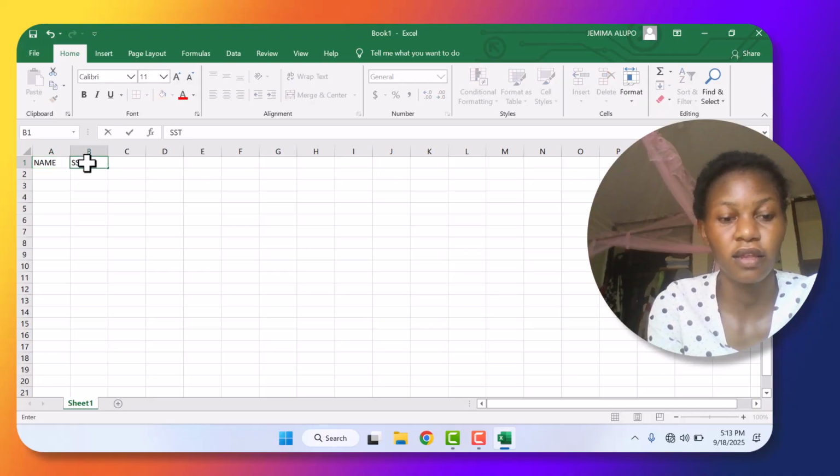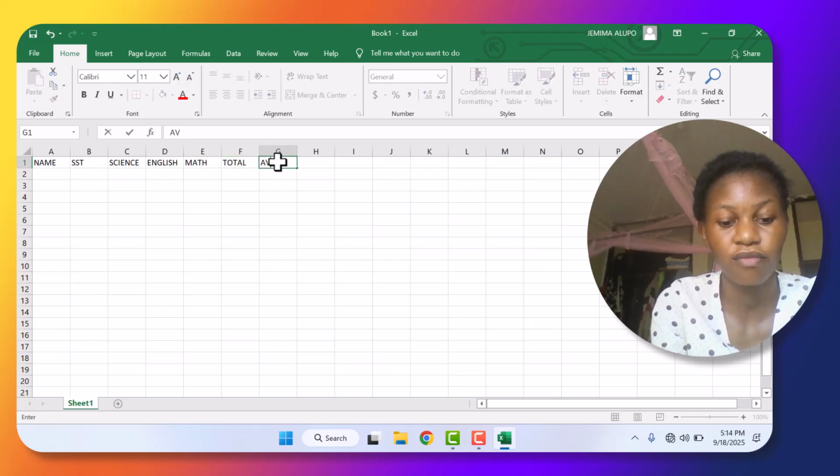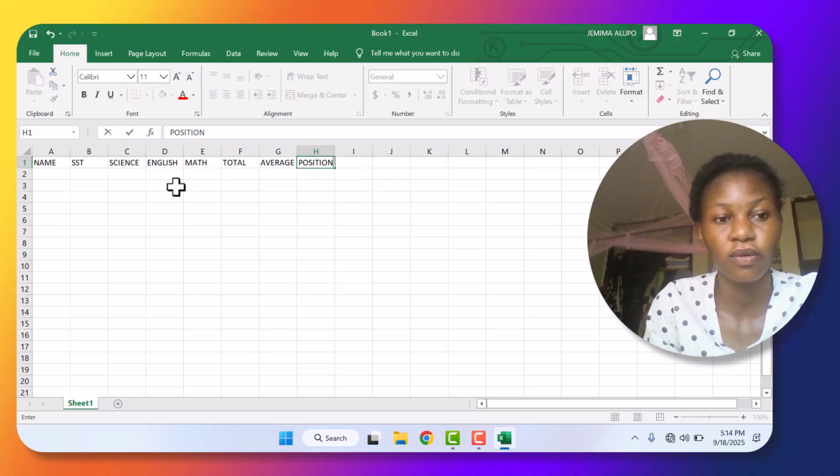Let me take the primary level. We have SST, we have science, we have English as our subjects, and then we have our mathematics. So after that, we can get the total number of marks each person has got, and then we can get the average number of marks, and then we can position them according to how they have performed. So this is our